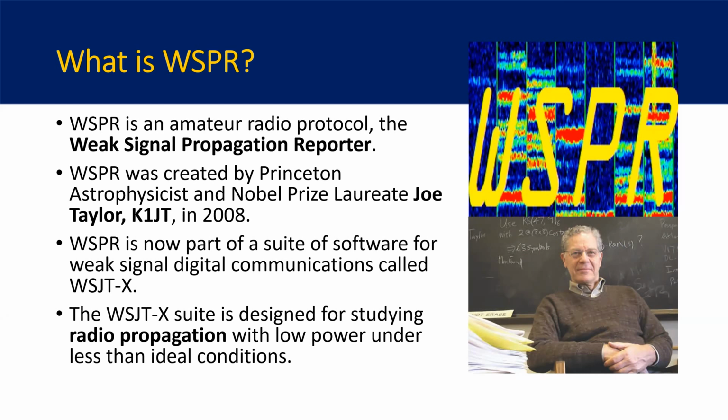So I am going to talk a little bit about some of the underlying computer science behind WSJT-X. I'm not a physicist, but I do have a background in computer science. I teach computer science, so that's an area that's of particular interest to me. So as we know, the WSJT-X suite is designed for studying radio propagation, in particular with low power and in less than ideal conditions. And as we're coming out of the low point of the previous sunspot cycle and coming into cycle 25, FT8 and those modes really did help us make contacts